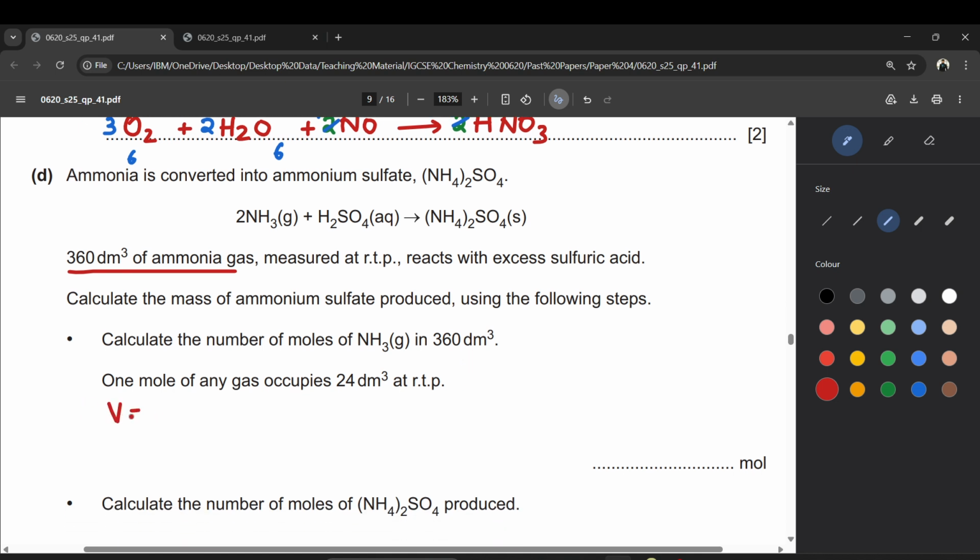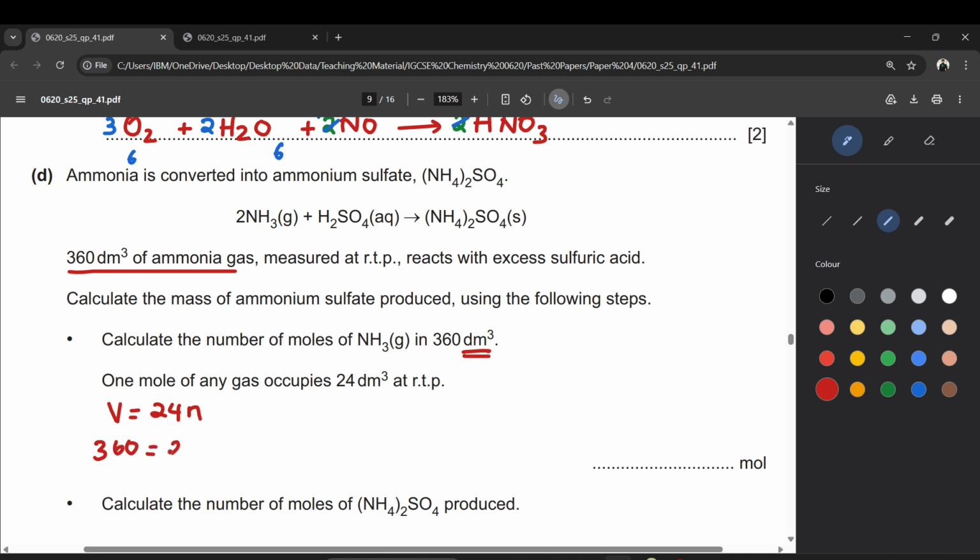So for this, we know there's a formula. Volume of gas is equal to 24 cubic decimeter multiplied by N. So we actually remember this by this shortcut. V equals to 24N, right? Now, this formula is only applicable when your volume is in cubic decimeter. So because it is in cubic decimeter, now I can say that